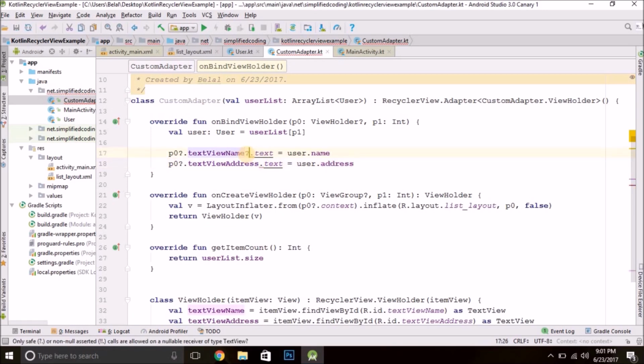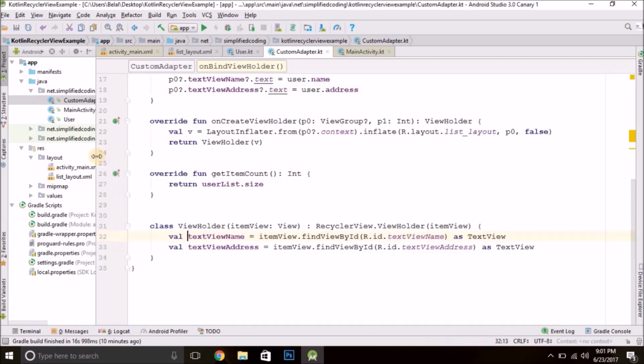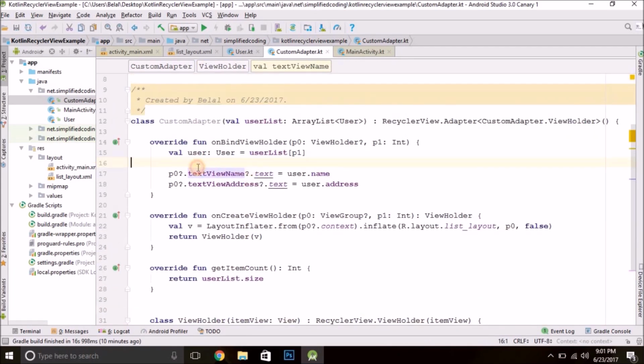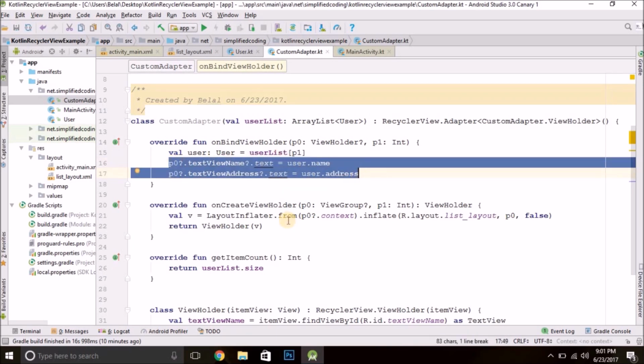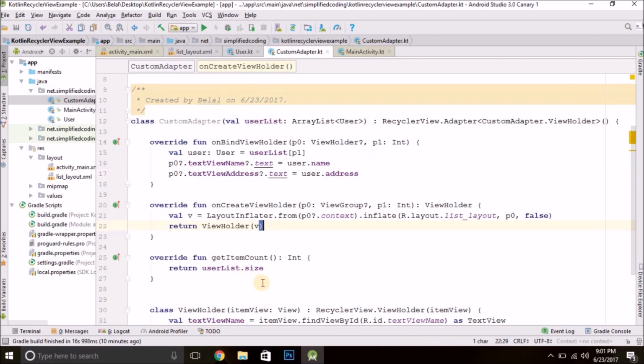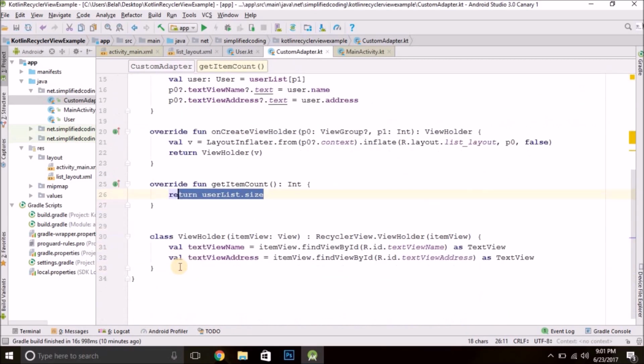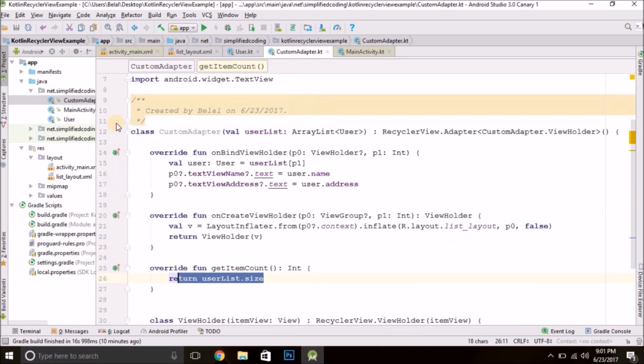Now again put a question mark here as well to handle null. That's it. So we are binding the values here to the views. So we have the values, and we have the view holder, and we have the list size. Now this is it for our adapter class.